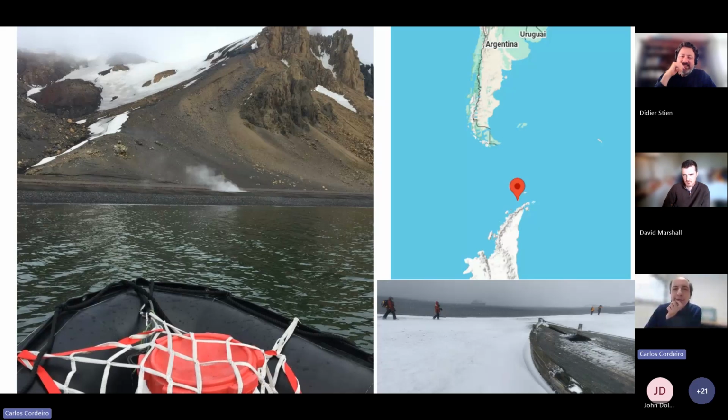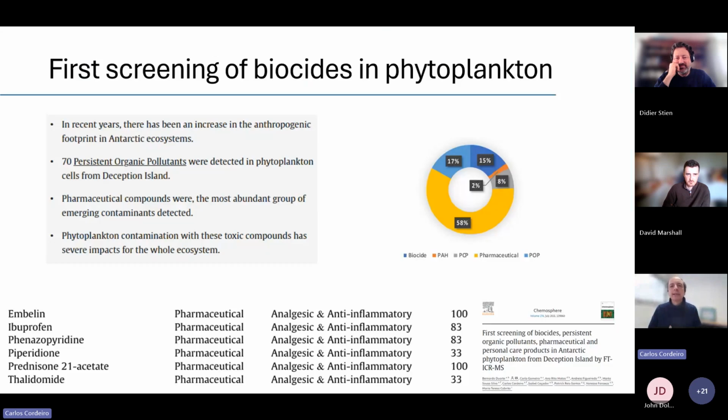Actually, the study was not meant to find pollutants, but when we were annotating and investigating what we found there, we found something like 70 compounds that should not be there. And all these are persistent organic pollutants. So these things, I cannot say nothing is forever, but these things are likely to stay there for quite a long time.